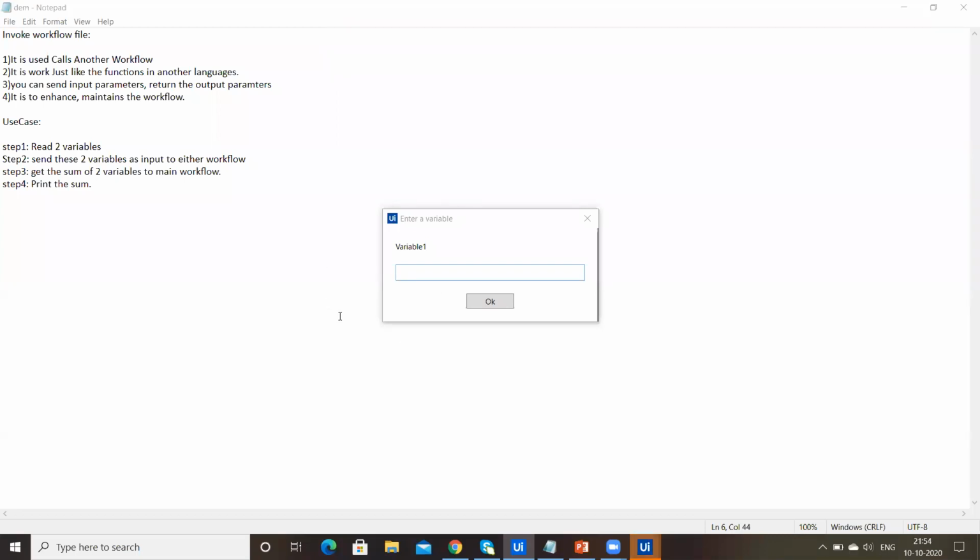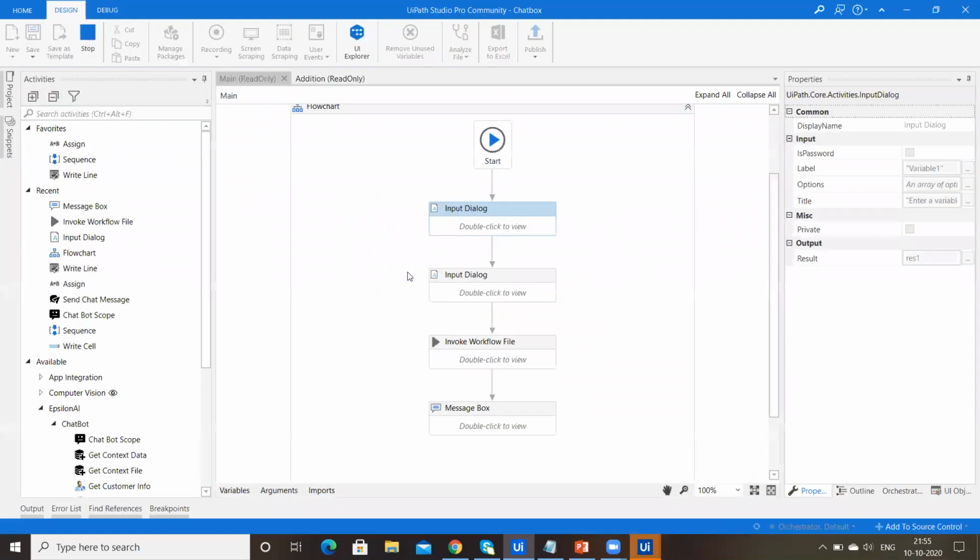Here it's showing the pop-up, Variable 1. You have to enter whatever input you want. I will enter 20.